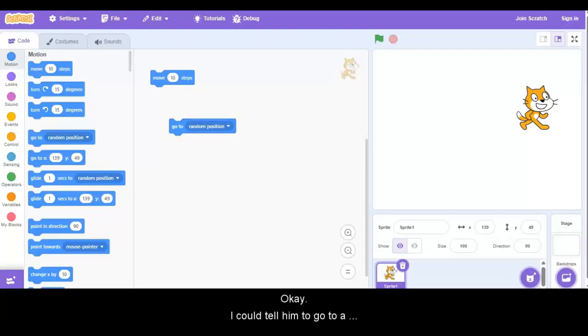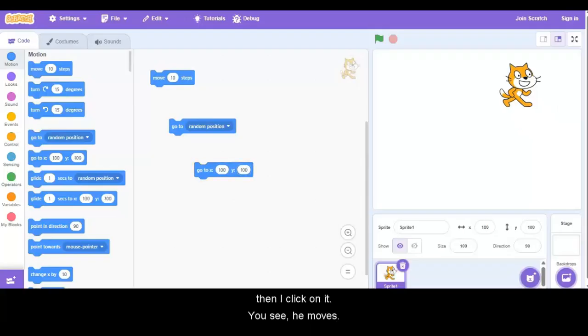Okay? I could tell him to go to a specific position. Right now he's at 139.49, but if I told this to be 100 on the x-axis, 100 on the y-axis, and then I click on it, you see he moves. And we'll get into the x and y axis and a bunch of that stuff in later episodes. Again, the goal for this episode is to simply show you where everything is so you can